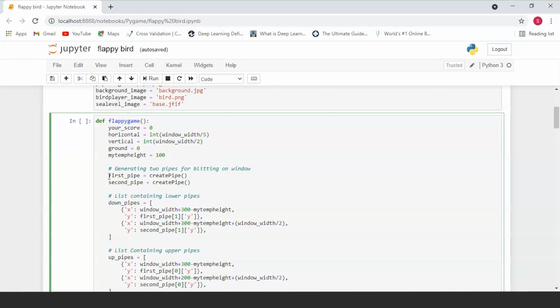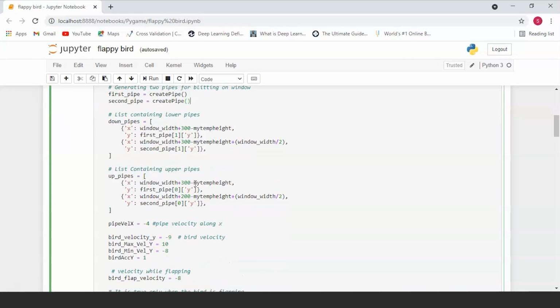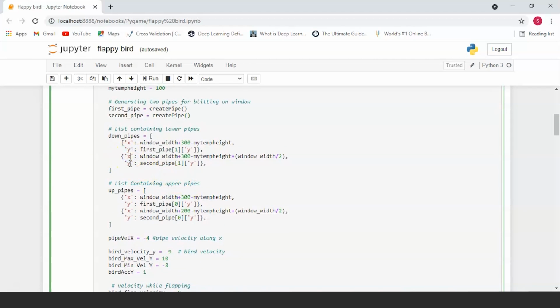That is the main challenge here, which is exactly why we're initializing two pipes here, the first pipe and the second pipe. And this is done by calling the create pipe function. Now after this, we're going to be creating two lists. One is of the lower pipes and the other is of the upper pipes. Now, as we already talked about, we are going to have two pipes consecutively.